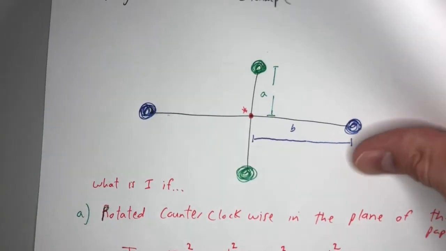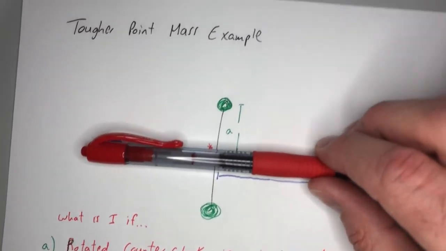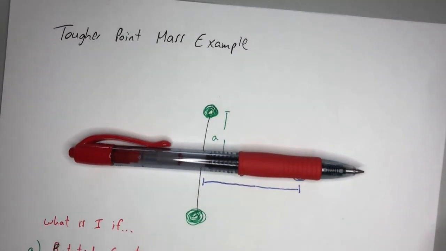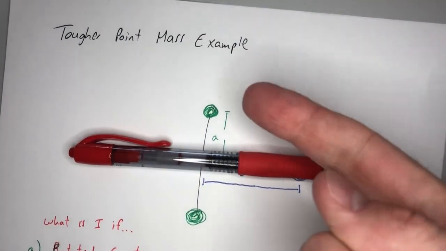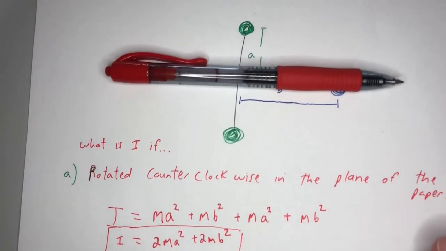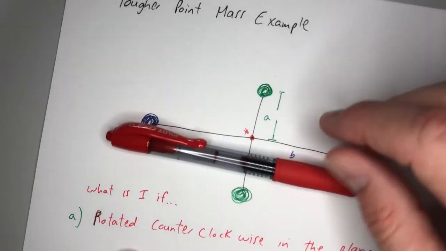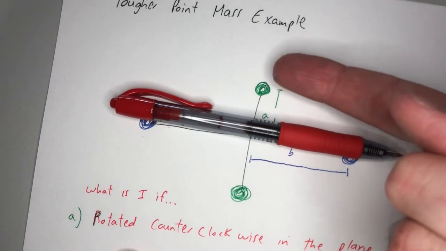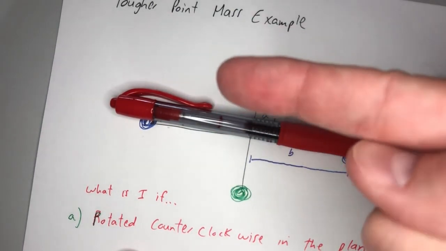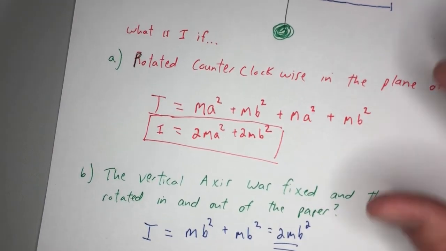And the final question is, what happens if you fix it about the horizontal axis? If you fix it about that axis right there, we cover it up because that's the axis now. That means this green one can come out of the paper, and as that green one comes out, the other green one goes in. So these are your only 2 masses rotating. So let's go green. It'll be ma squared. That's the first green mass. We're going to put a torque on this green one so that it rotates in and out of the paper. This one's coming out at you, this one's going in. So ma squared plus ma squared again, the contribution of the other mass, which is 2ma squared. Boom, that's your moment of inertia right there.